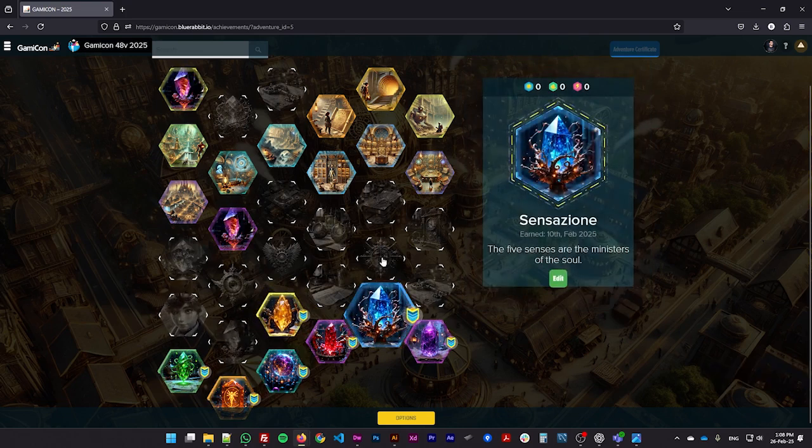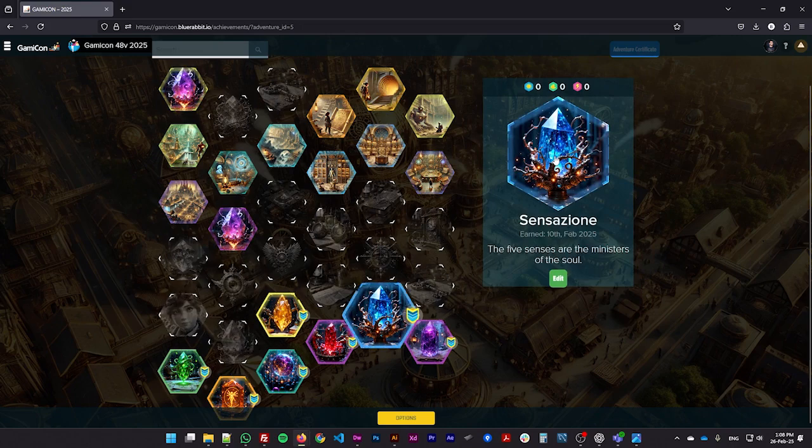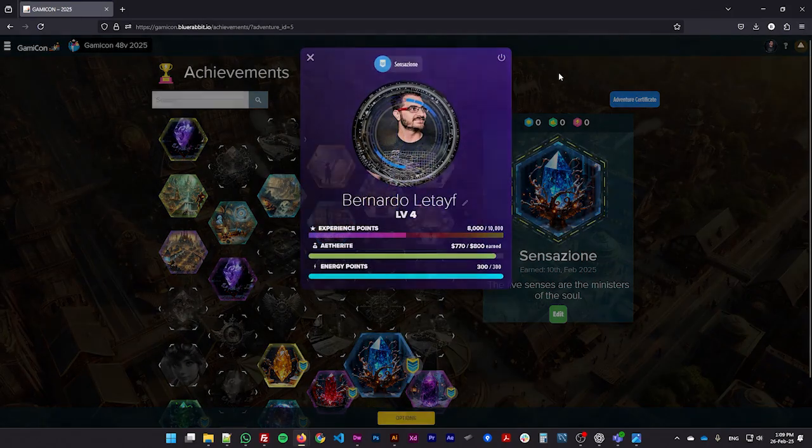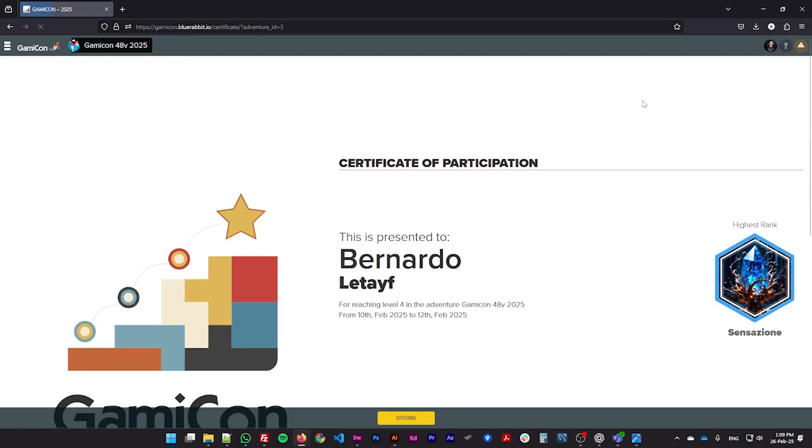Click on it. Once it shows on the right hand side, double click on it so it activates that specific rank. Make sure when you open up your profile it shows on the upper part of it. Then click on the View Certificate button and you will be brought to this page where all you have to